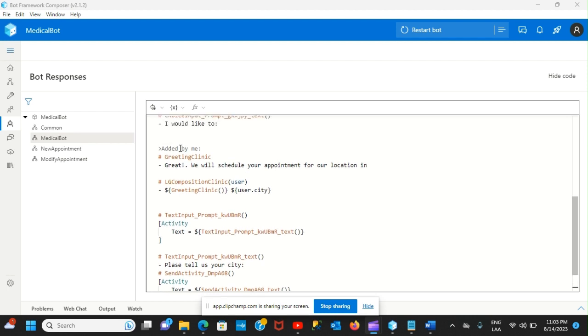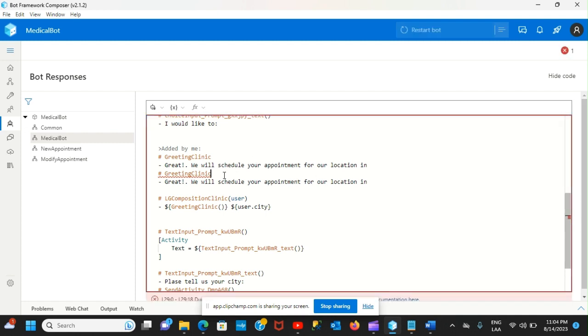So this is the code from this part. So I'm basically going to have a greeting clinic message. So great, we will schedule your appointment for our location in, and then I'm going to pass this, which is my variable user.city. So notice that I'm passing this greeting clinic message here, and then my city. I could just create something different here. Let's just copy and paste this here. So copy, and I'll say greeting clinic 2,